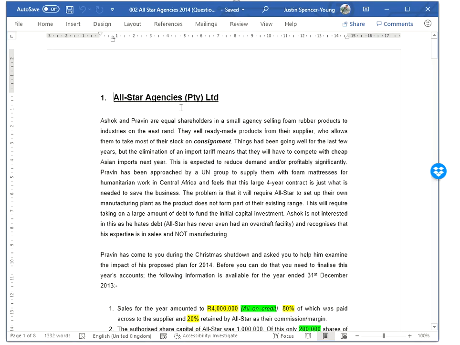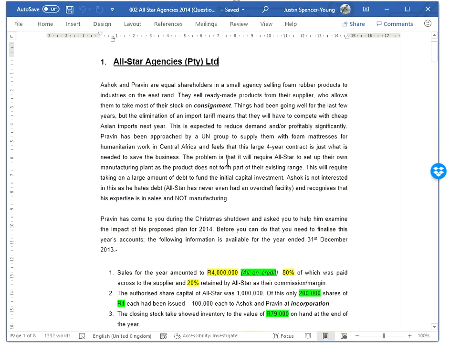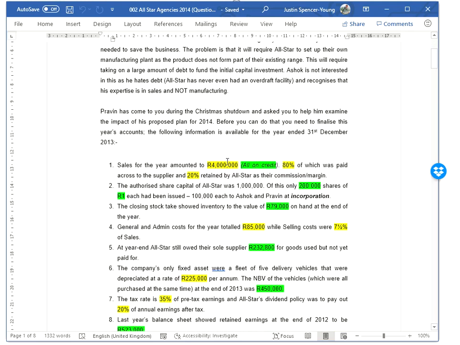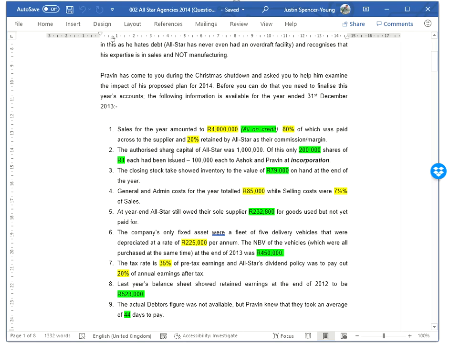All-Star agency. So this is in your material, and you're going to have to give this a little bit of a read. So I'm going to suggest that you read all of this material from beginning to end for both years, all before you even start. And then when you are ready to get underway, I've helped you out here in the first year by identifying items that belong in the income statement with a yellow highlight, and items that belong in the balance sheet with